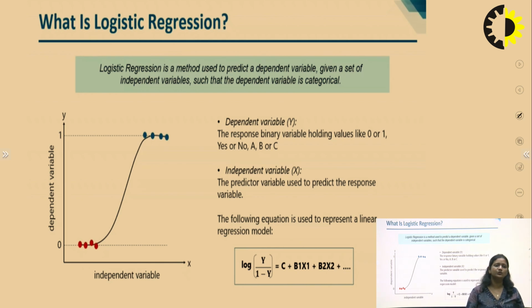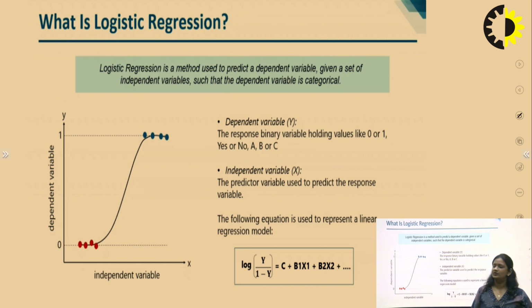Linear regression is a supervised regression model, but logistic regression is a supervised classification model. In this, the result will be 0 or 1, or we can say pass or fail. There should be only two values in the result. Logistic regression is based on the sigmoid function, because the sigmoid function gives only two values, 0 and 1. That is why the curve of logistic regression is like this.